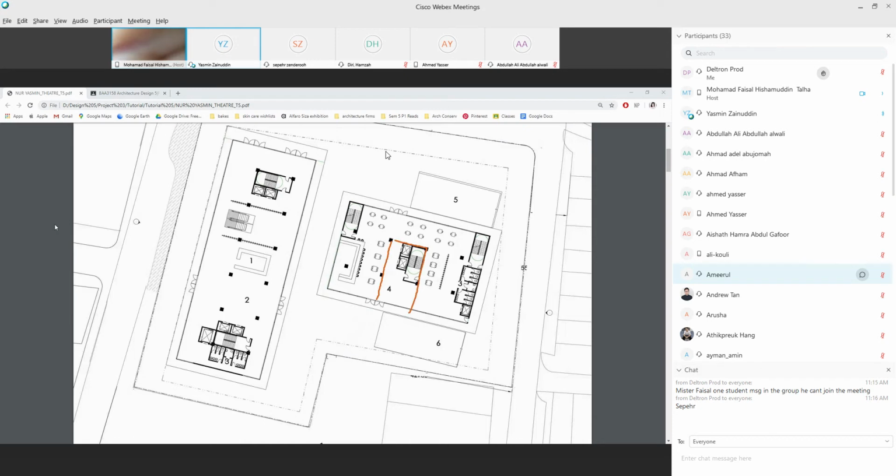And then this pub, number 3. Number 3, bathroom.